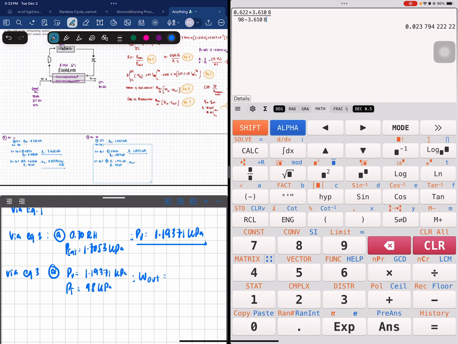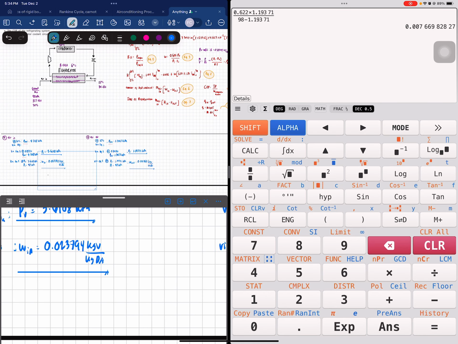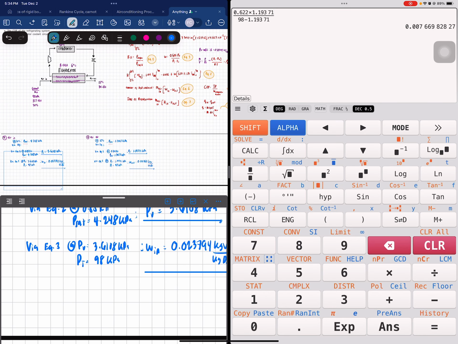Humidity ratio going out is around 0.00767 kilograms of vapor over kilograms of dry air. Okay, what else? So via